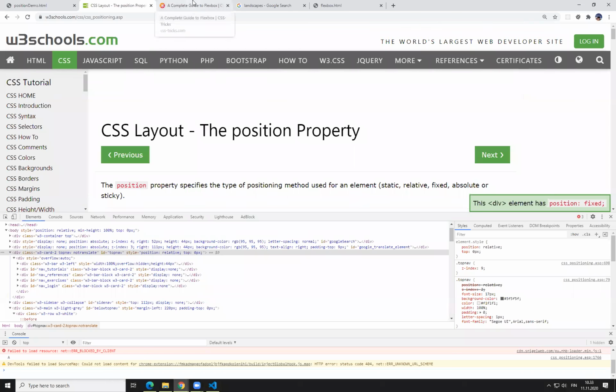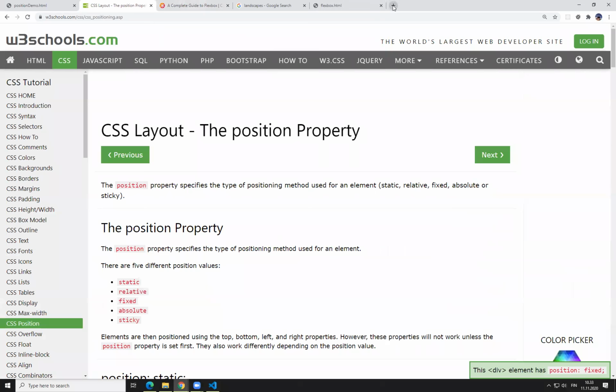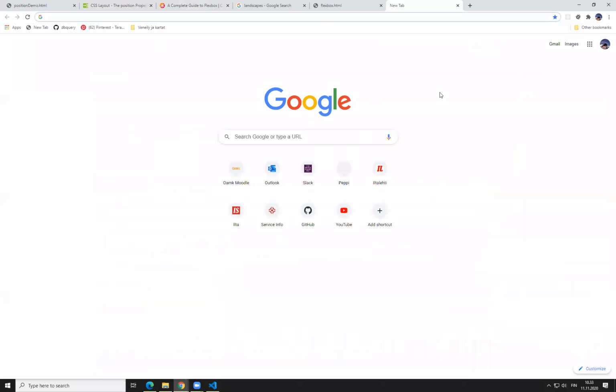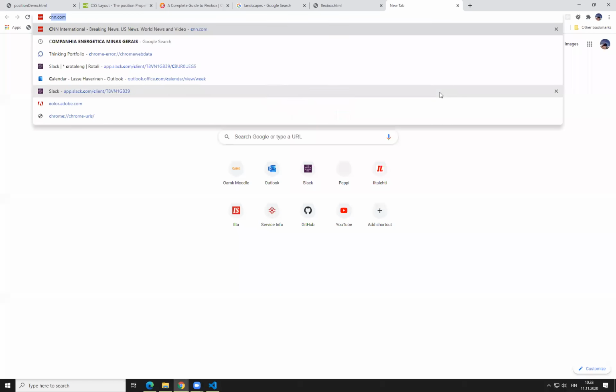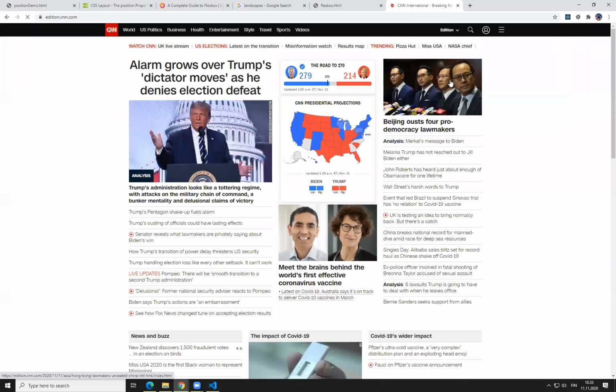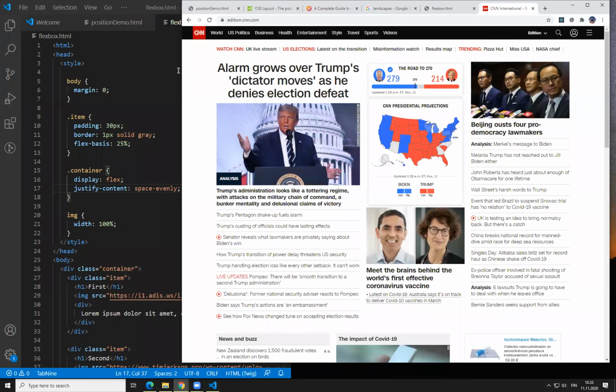Then about the media queries in CSS. Let's see, I'm going to open again the CNN website. Let's see, does this have these media queries? The media query is typically used to deal with different browser window sizes. And it is evident when you are looking at a website like this in a big screen browser, and then you start